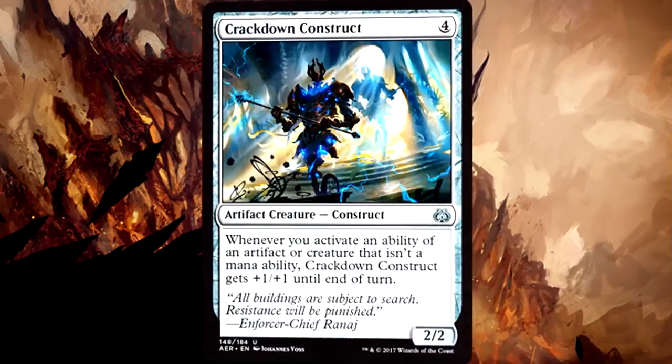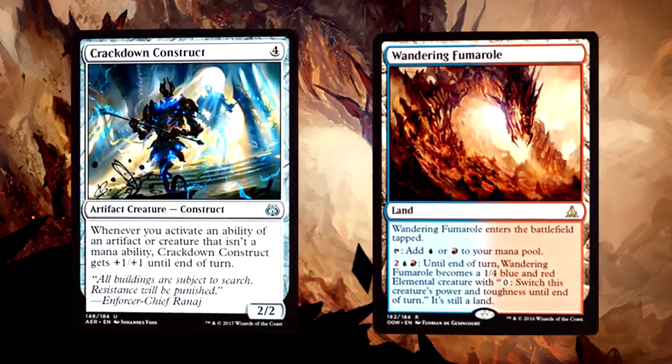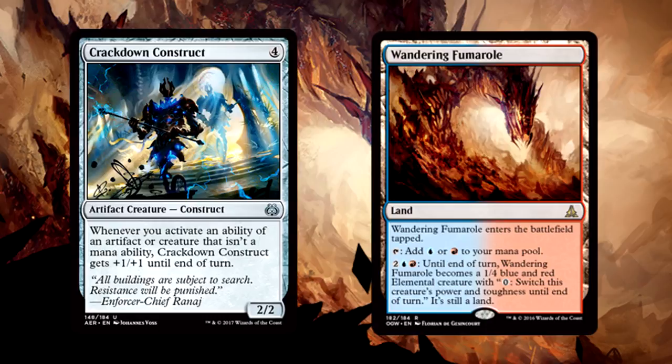Crackdown Construct is 4 mana for a 2/2 construct. Whenever you activate an ability of an artifact or creature that isn't a mana ability, the construct gets +1/+1 until end of turn. Alright, I'm sure you've already seen a billion comments about Crackdown Construct and its absurd combo synergy with Wandering Fumarole. You animate the Fumarole, then you can use its swap power and toughness ability forever, granting the construct